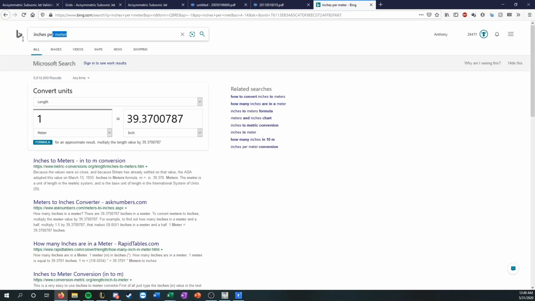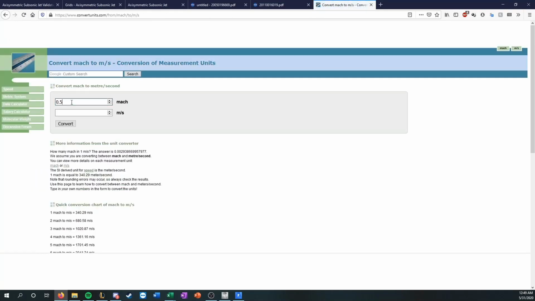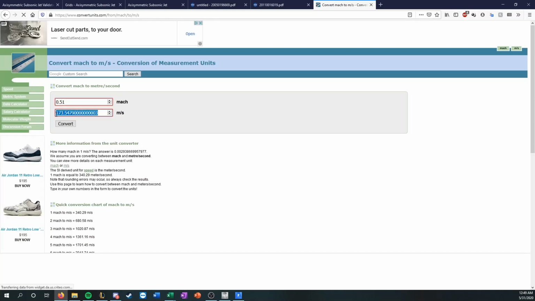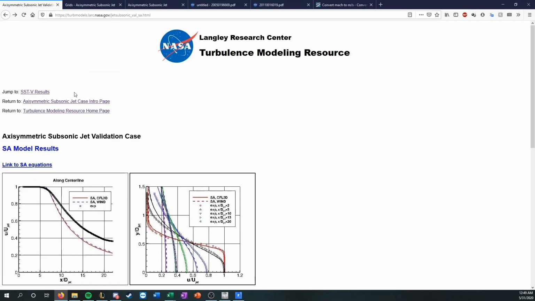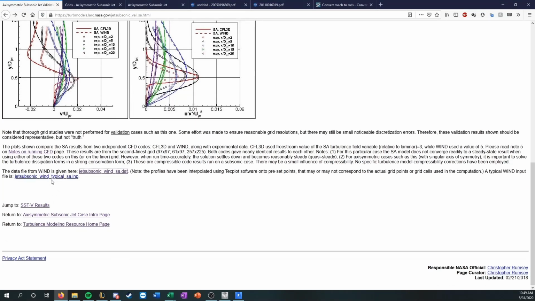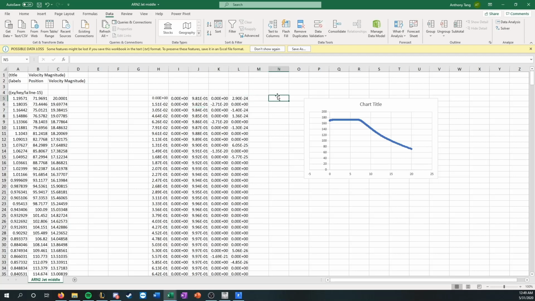So Mach, yeah, so this will be UJ. So assuming UJ is the third column, I will multiply it, equals this times,